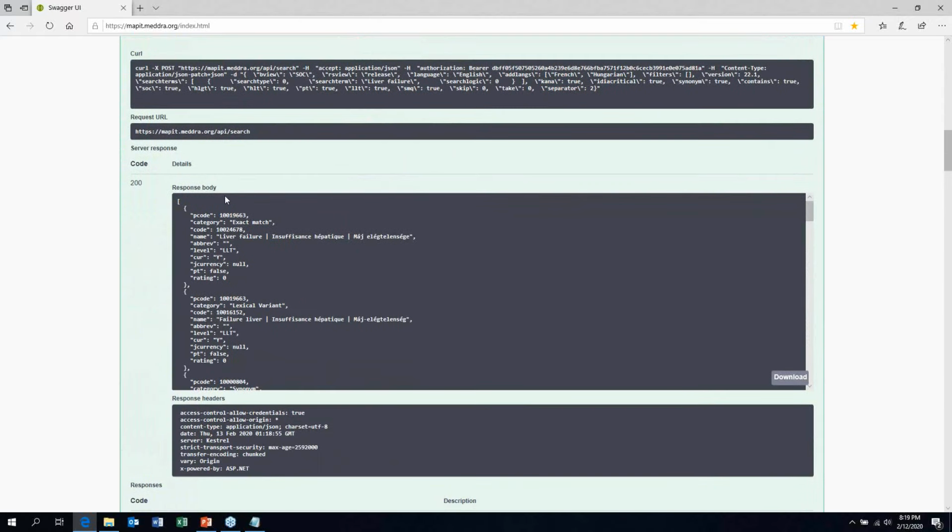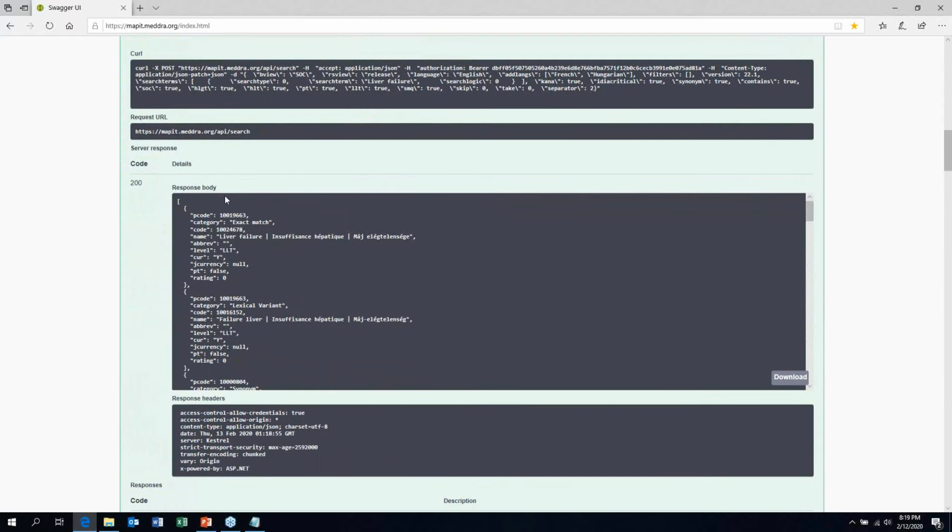So I'm going to download this and give everybody a better look. Now the search function, the search API, mimics what is currently done in our web-based browser, the MedDRA desktop browser, and the mobile browser. So for those of you that are familiar with that, we have a number of search categories that are turned on by default. These are exact match, lexical variant, synonym for synonym groupings that are included for each language, and then contains.